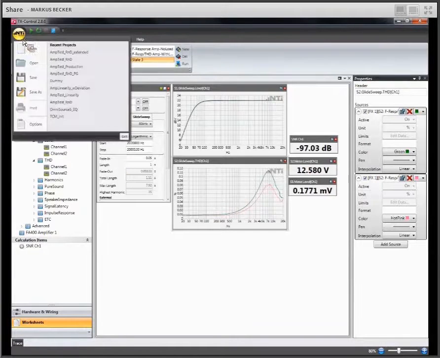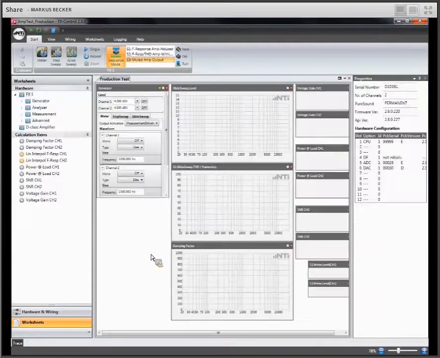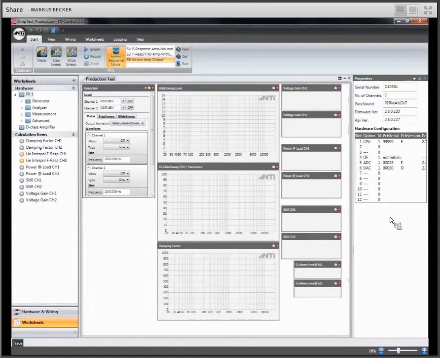Now let me open another prepared project where I have some more measurements included, but which is basically the same basement. Looks pretty much the same. Just one more graph for the damping factor.